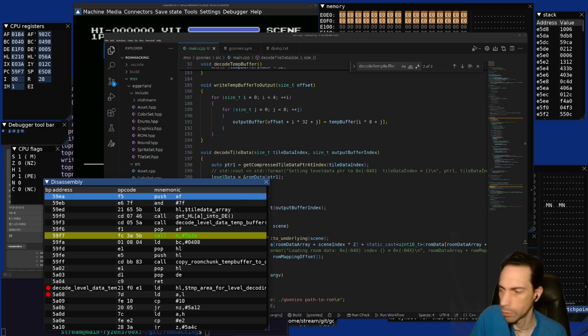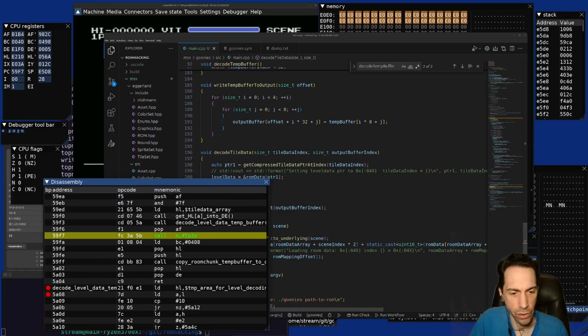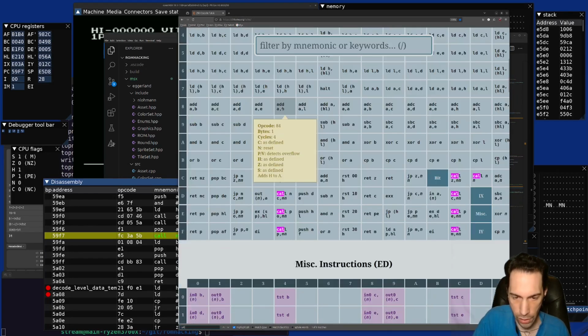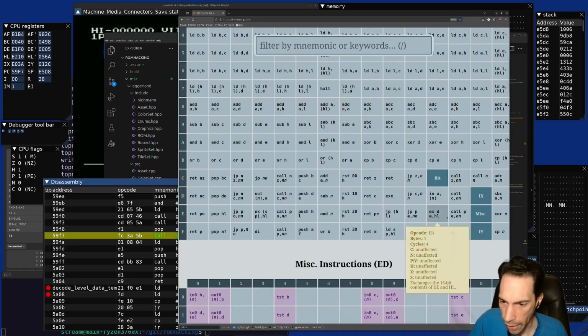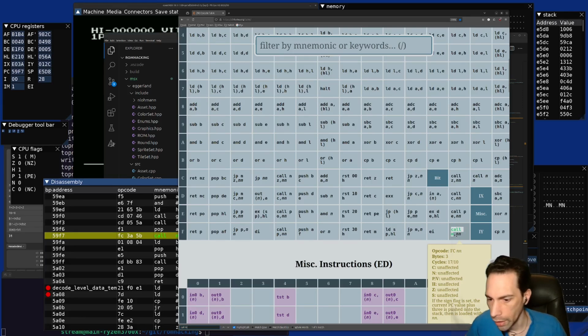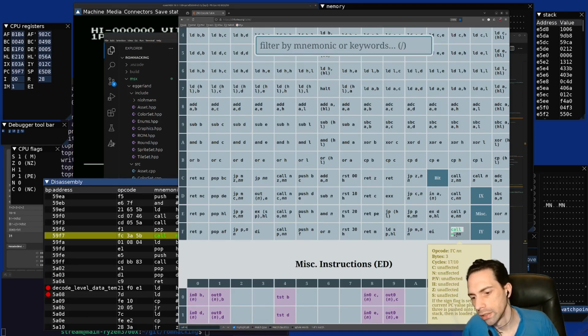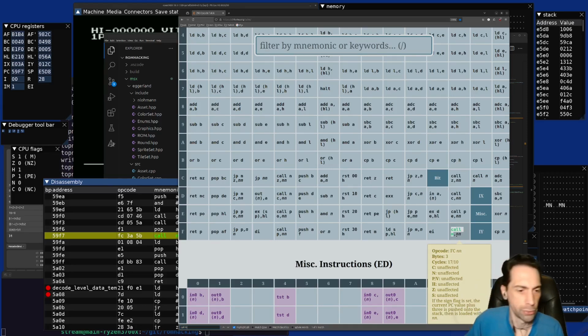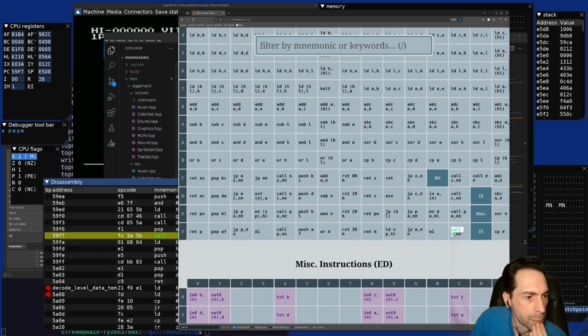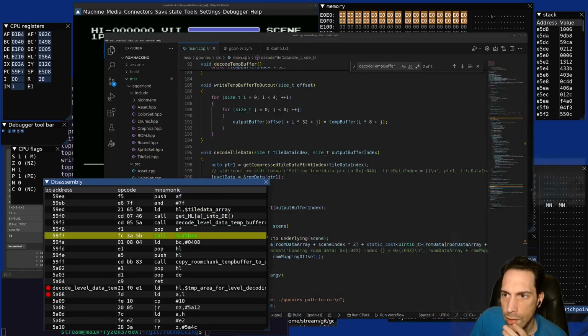Now the condition was weird, right? It's calling based on the M flag. So I have to look again because I don't know what that is off the top of my head. So call M means, oh, if the sign flag is set, the current value is, well, we jump. So if the sign flag is set, I'm assuming that's this one here, and it is indeed set. What could have set the sign flag here? I mean, it had to be the